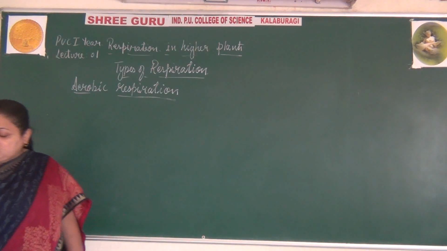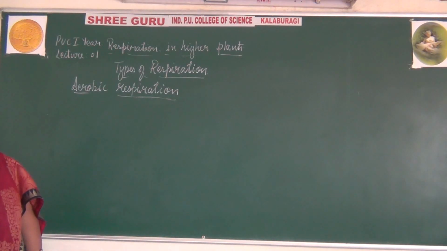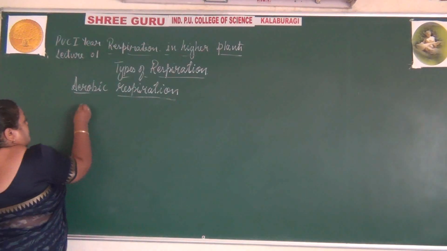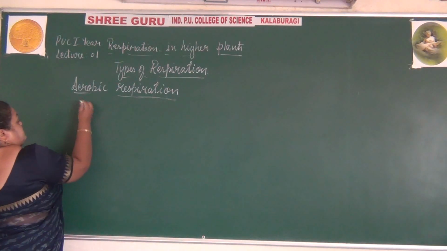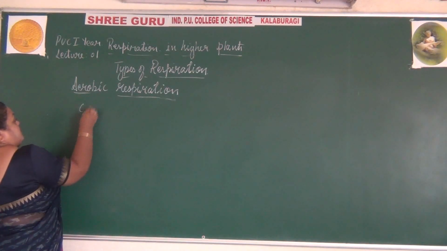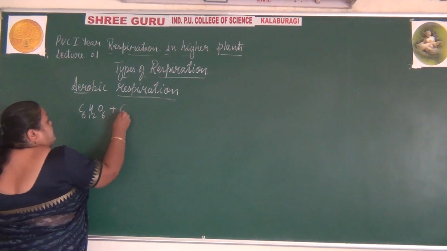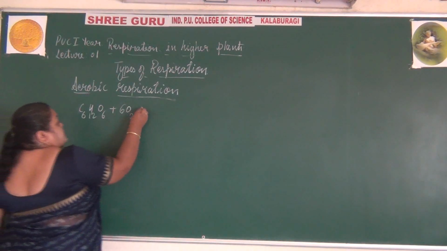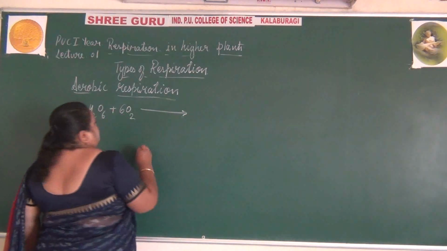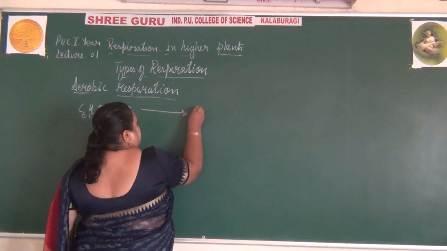What is the equation of aerobic respiration? Glucose molecule undergo oxidation to produce